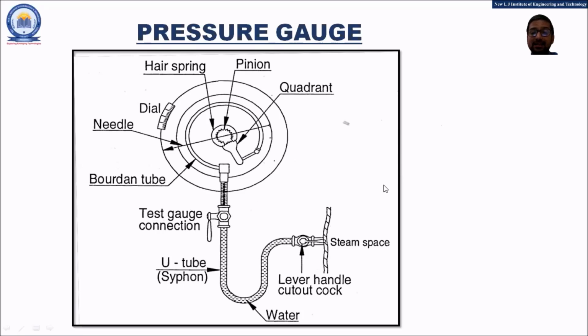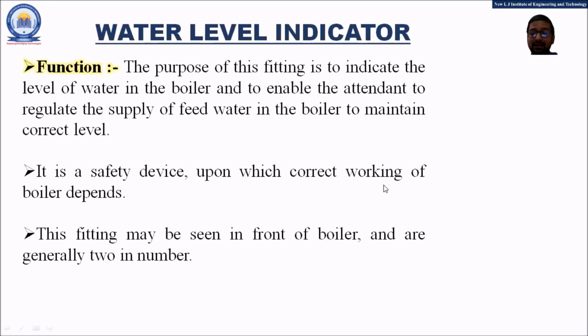So now let us, friends, proceed further with the next type of boiler mounting, that is the water level indicator. From the name only we can understand that this mounting is used for measuring the level of water in the boiler. The purpose of the water level indicator is to indicate the level of water in the boiler and to enable the attendant to regulate the supply of feed water in the boiler to maintain